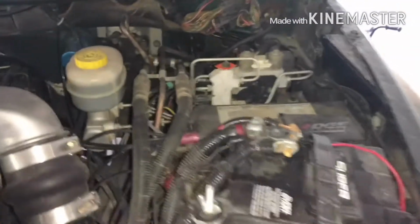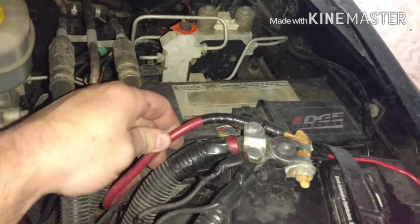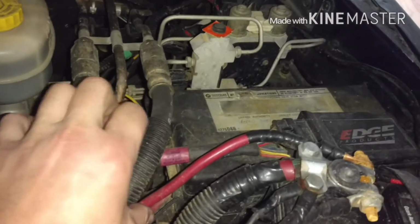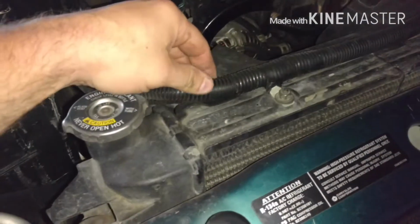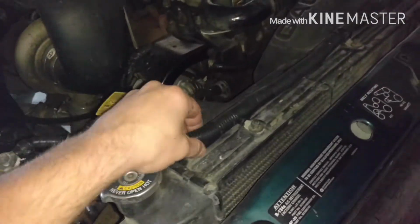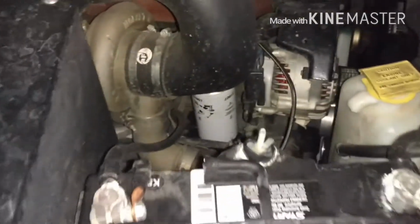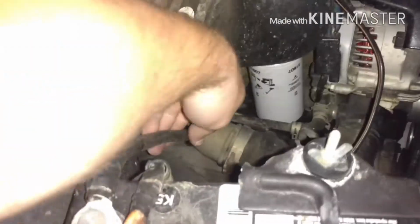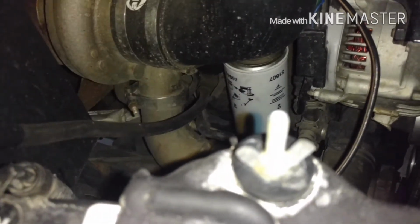But like I said, I redid all the negative and positive wires, even the positive wire going into the main fuse box, and it stretches over here. And I just reused all the same wrap. I just used electrical tape to make sure that it seals and stays shut. Other than that, like I said, I replaced everything with 2-gauge wire, especially for the negative wires too,